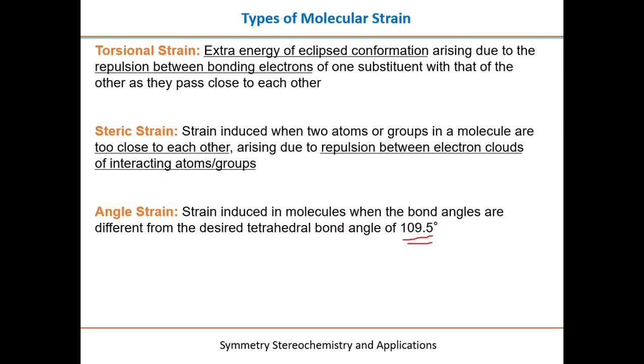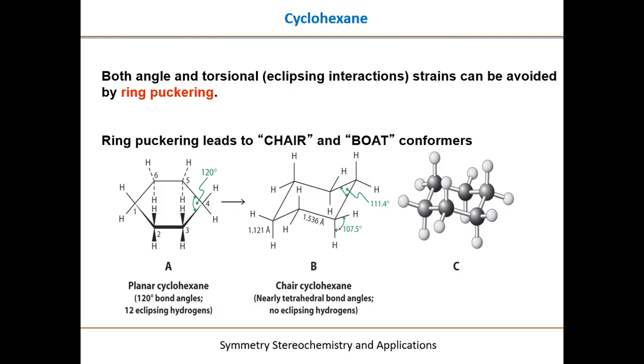So because of some configurations, sometimes we observe this strain. Now, mainly we are talking in this live session about the chair conformation of cyclohexane. So we will discuss cyclohexane before starting the question answer solution. Both angle and torsional strain can be avoided by ring puckering. What is ring puckering? This is the structure of planar cyclohexane, and the angle you can see here is 120